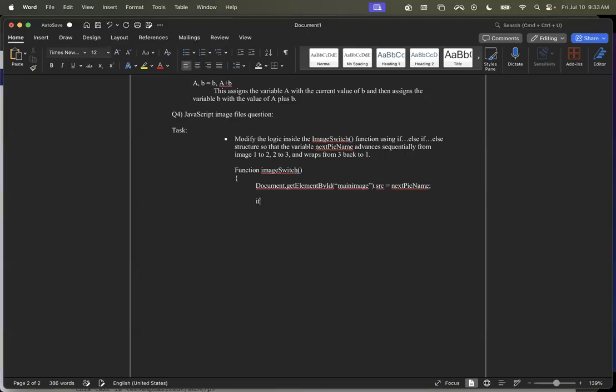So here's our first if: if nextPickName is exactly equal to, that's what the double equal sign means, exactly equal to flower1.jpg,